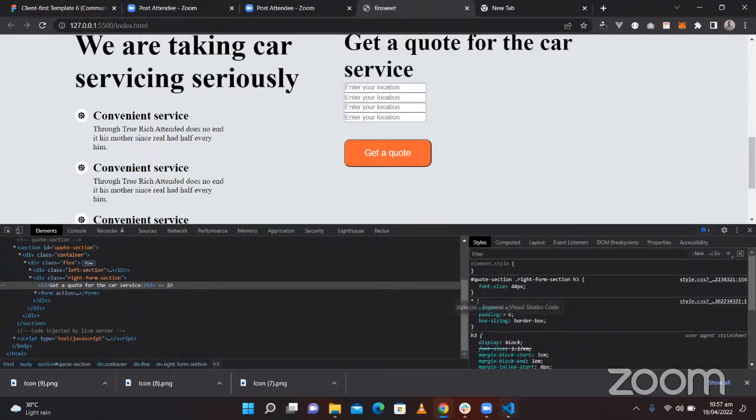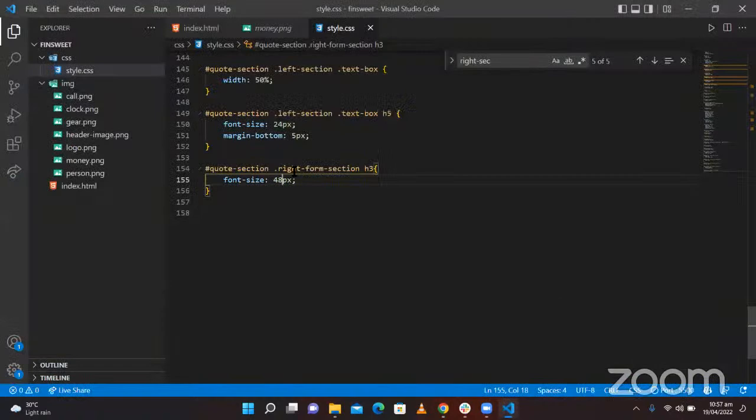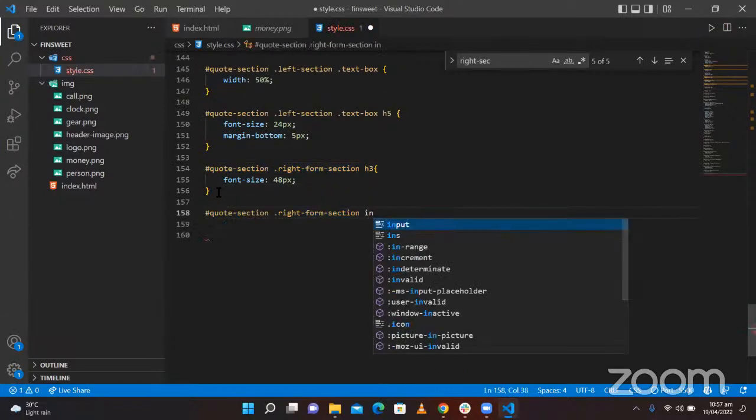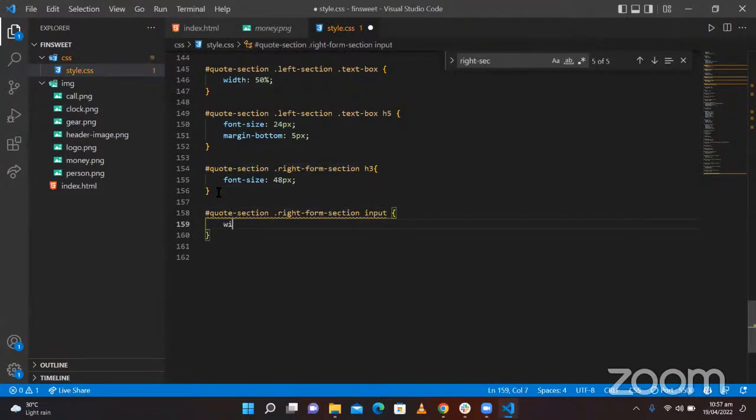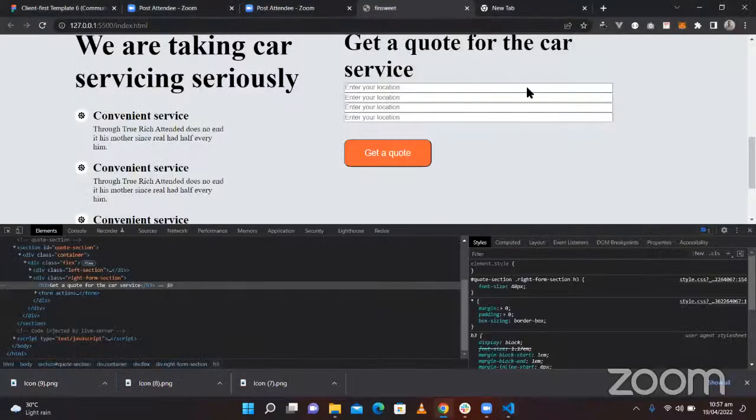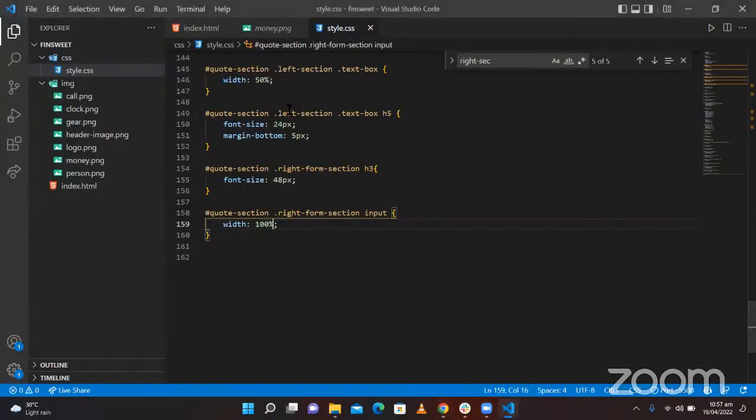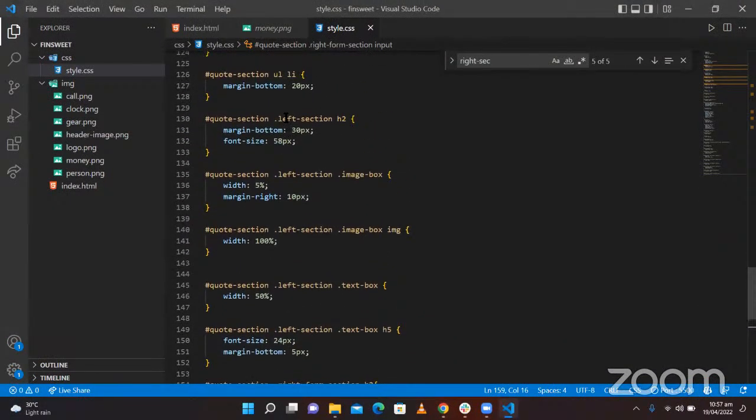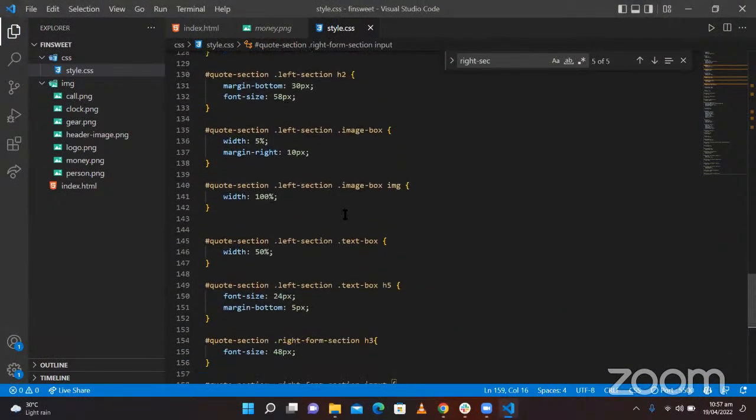So the next thing is to fix our inputs. So I'm just going to do a general input, and I'll give it a width of 100%. Yes, so this is what we have. So we're actually supposed to have a kind of space between here. But I think we'll just